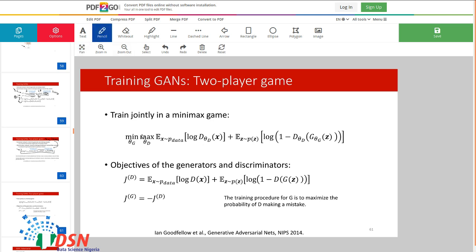So to solve this problem, we should jointly train this network. We could not first just maximize this and then minimize this. So we should train both of the networks at the same time.